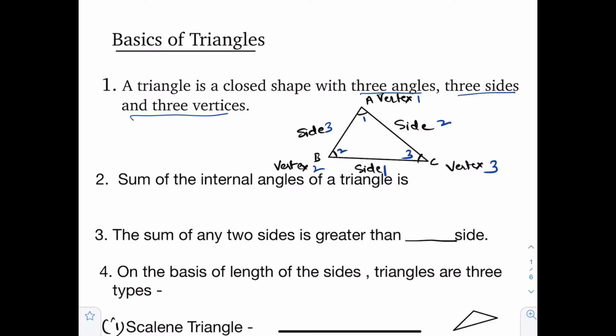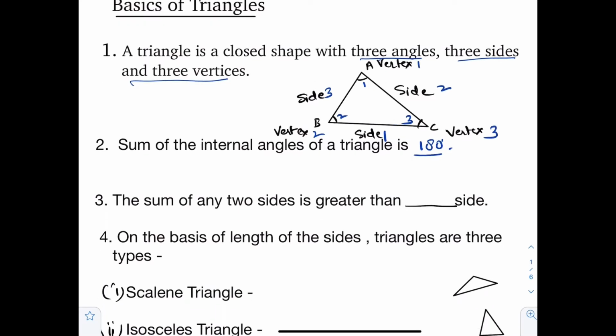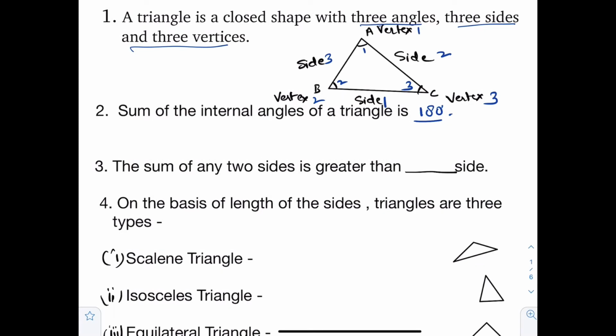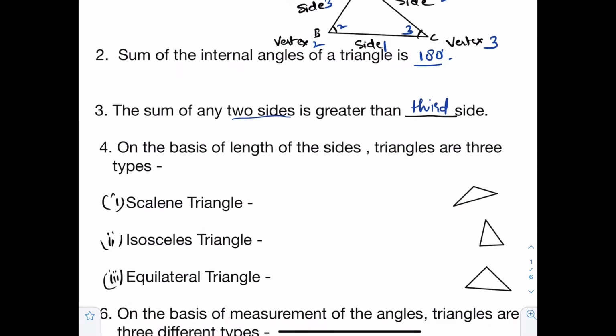Sum of the interior angles of a triangle is 180 degrees. So angle 1 plus angle 2 plus angle 3 is equal to 180 degrees. The sum of any two sides is greater than the third side. Fourth, on the basis of length,